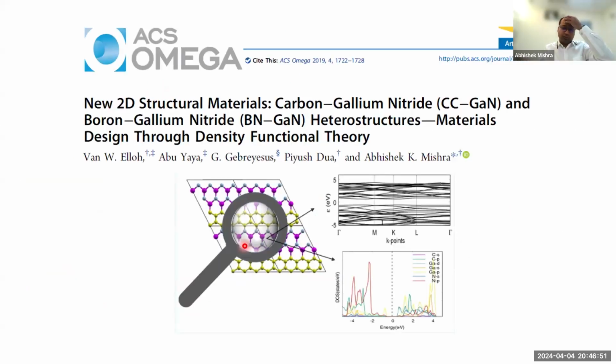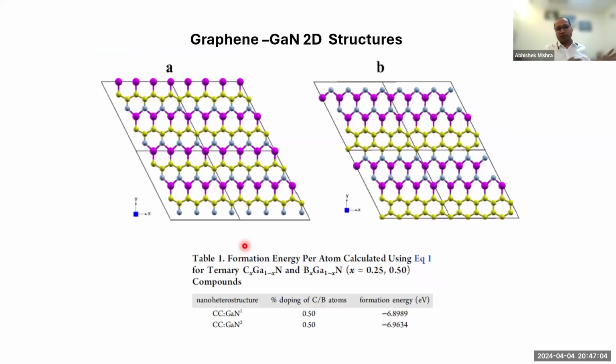We have been working on similar kinds of 2D materials, and these are the heterostructural materials which we designed a few years back, and we are working on CO2 on these materials as well. What we did was mix the graphene sheet with 2D gallium nitride by replacing half of the carbon atoms with gallium and nitrogen, and we give insights regarding what kind of heterostructures you can have